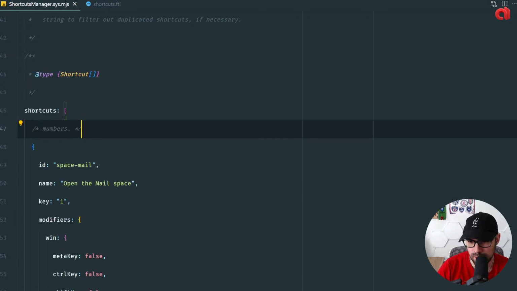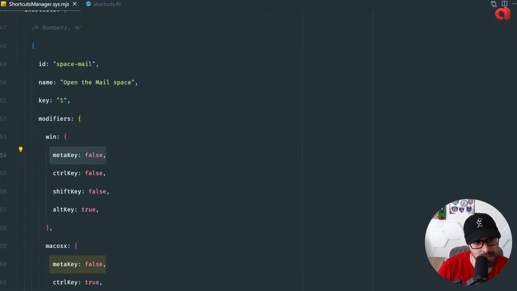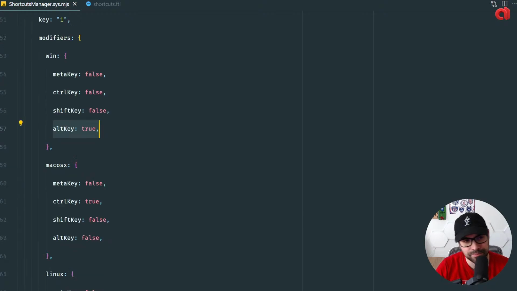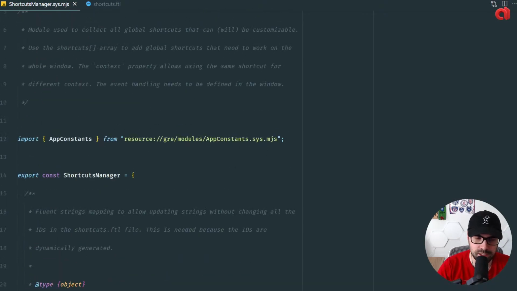But the thing is that right now there are only 5 shortcuts for the primary sections. They're all hard-coded, and just the key is 1, and we have a meta key, like alt key is true. So what we need to do is generate an SQLite file, set up the schema, and